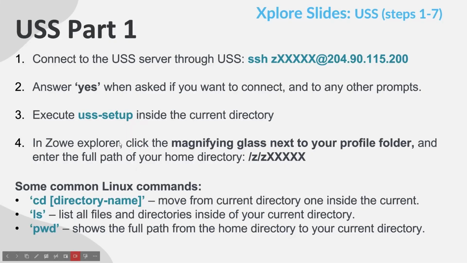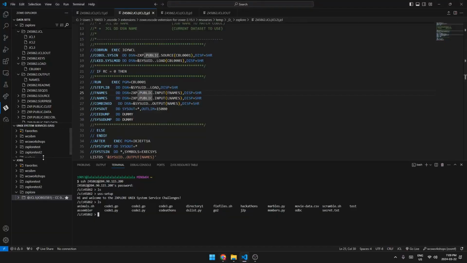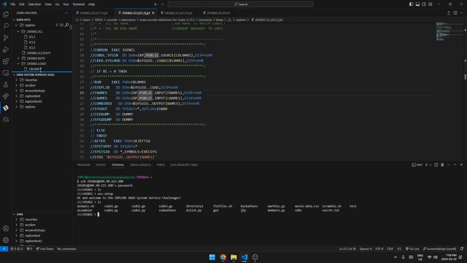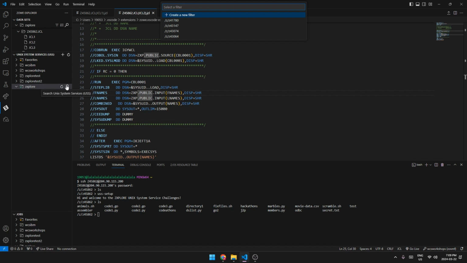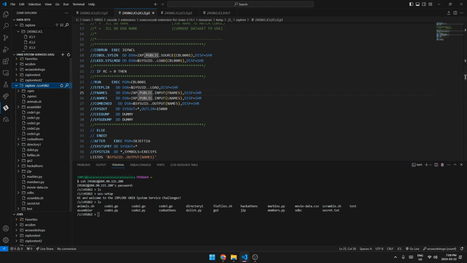So our next step is going to be to, in the Zowe Explorer, click the magnifying glass next to our profile folder. So this is not going to be the same. We're going to go to the Unix System Services tab here. We've been using the data sets, but we're going to do that one. This is the profile I made, Z Explorer. So I'm going to click the magnifying glass, and what I'm going to do is type the same thing that is in the terminal: z slash our user ID, so 862. Create new filter, and then click enter. And you can see, boom. We are able to access all of our files through